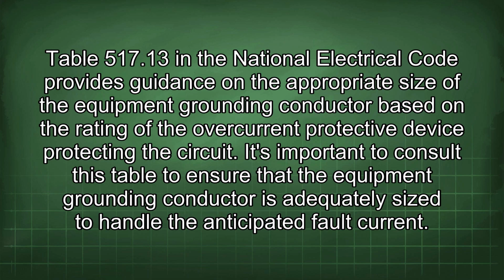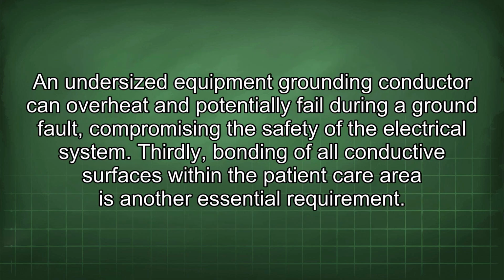Table 517.15 in the National Electrical Code provides guidance on the appropriate size of the equipment grounding conductor based on the rating of the overcurrent protective device protecting the circuit. It's important to consult this table to ensure that the equipment grounding conductor is adequately sized to handle the anticipated fault current. An undersized equipment grounding conductor can overheat and potentially fail during a ground fault, compromising the safety of